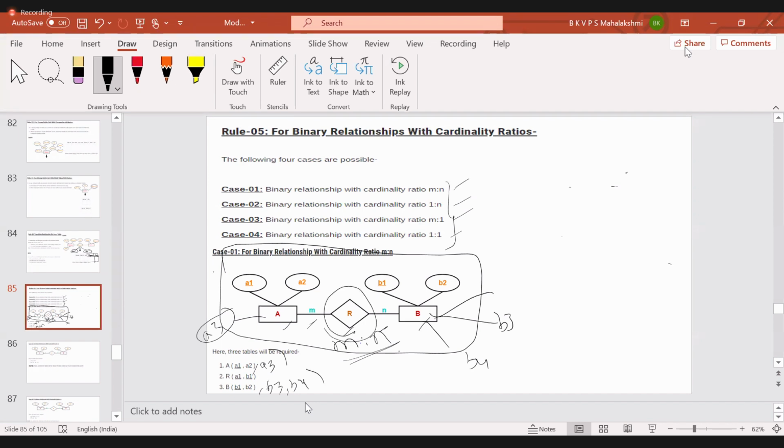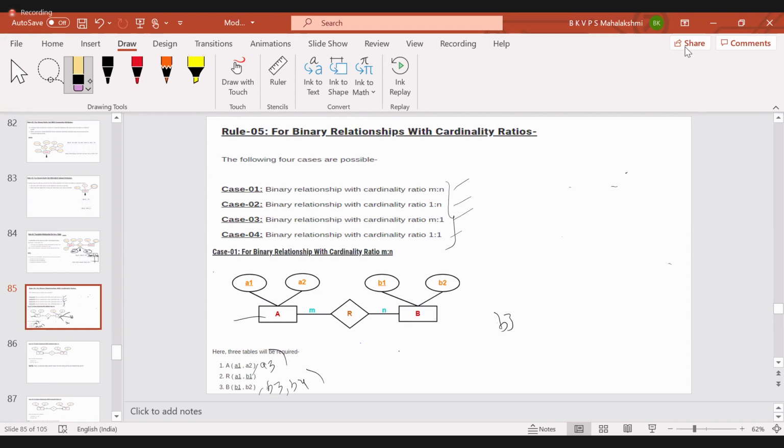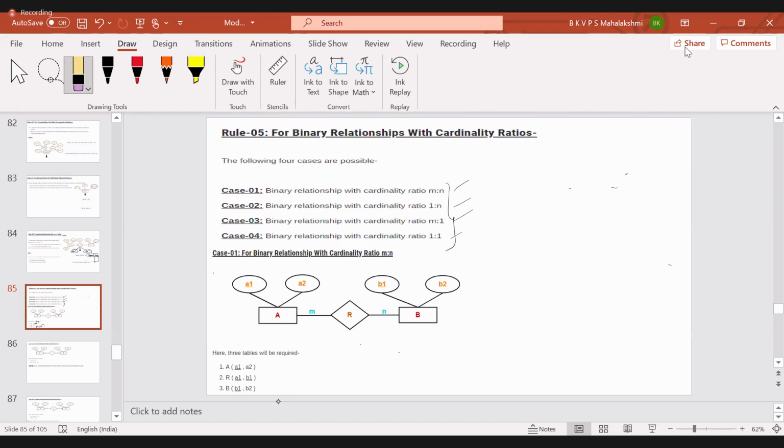is it having any attributes here? Is this relationship having any attributes? If this R has any attributes,